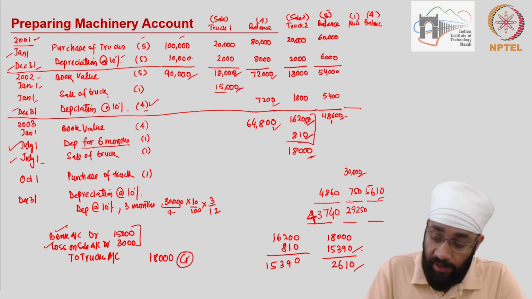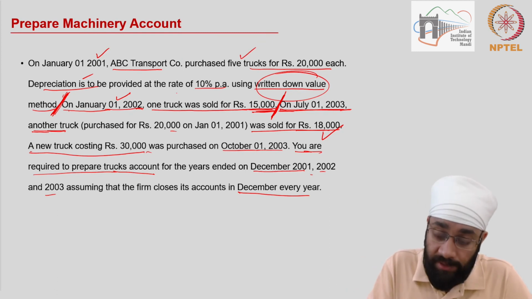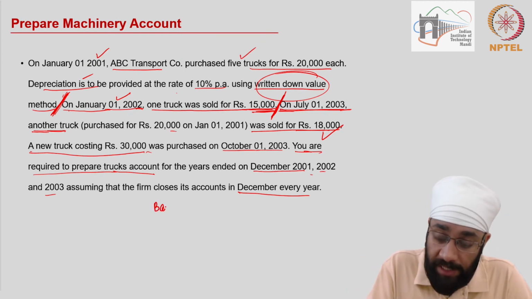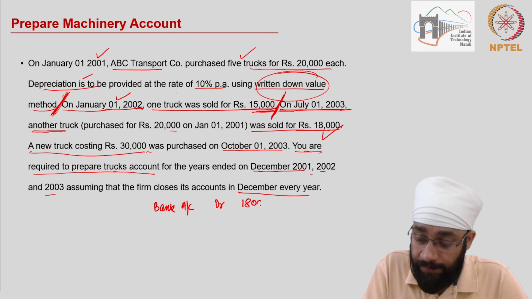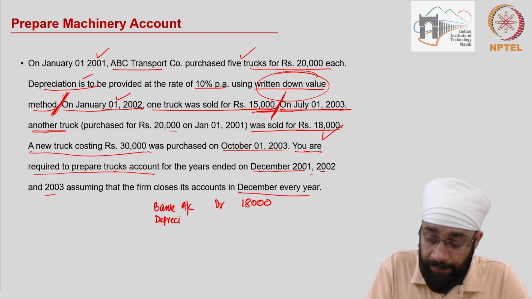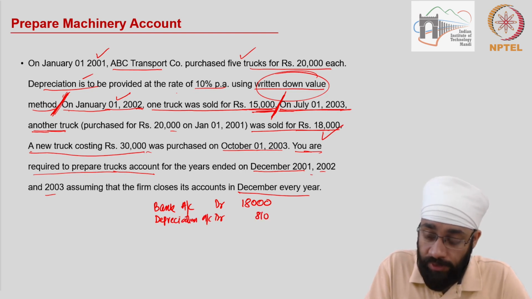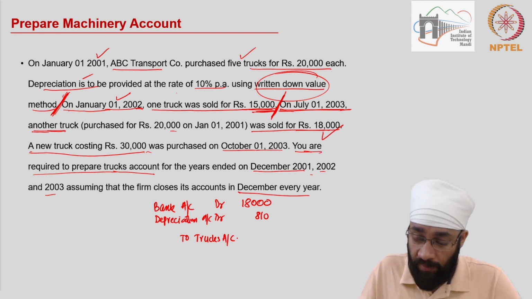Now we have to write a journal entry for this because this is a bit complex and I need to be able to explain this to you. So I'm going to go to this slide and write the journal entry. When you sell the asset, the cash comes into your bank account. So bank account debit 18,000, and there is depreciation on this asset for the 6 months. Depreciation account debit 810. The truck goes out, so to trucks account, the asset account,